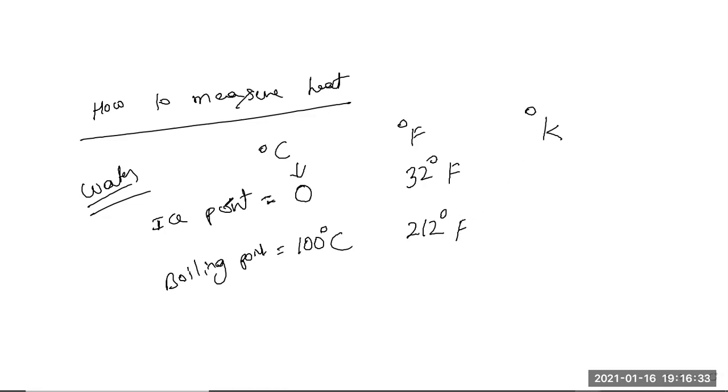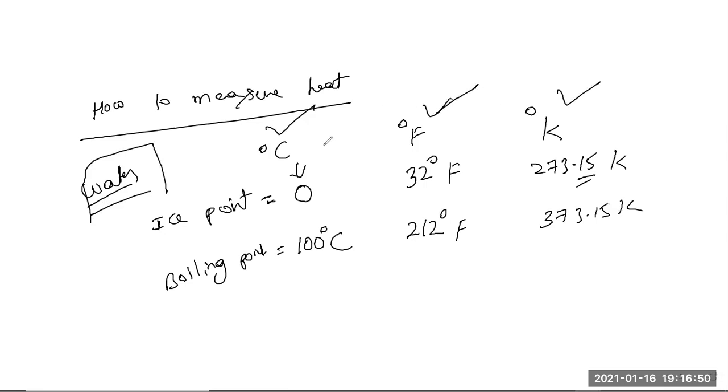So in Kelvin scale the ice point is 273.15. You can neglect this Kelvin, and the boiling point is 373.15 Kelvin for water. So these are three different units, three different scales. In degree Celsius scale the ice point is 0 and boiling point is 100, and in Fahrenheit scale the ice point is 32 and